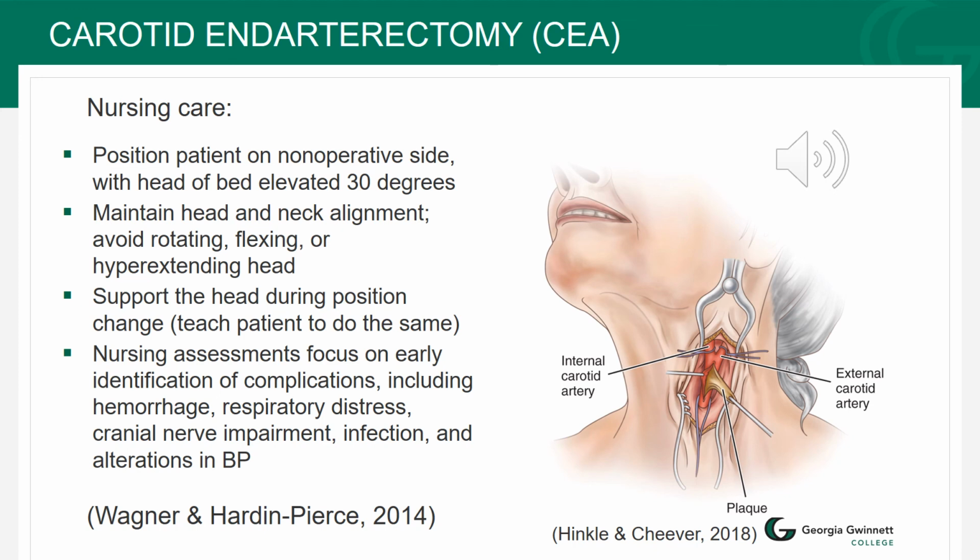One of the complications is a stroke, which is what we're doing this procedure to prevent. They can have cranial nerve injuries. There can be a possible infection. They can get a hematoma or a blood accumulation at the incision. They can have hemorrhage or respiratory distress and alterations in blood pressure. So your nursing assessments and interventions are going to be focusing on being able to identify any of those complications and act appropriately. Be aggressive in assessing and documenting a change of consciousness, a change of mental status,